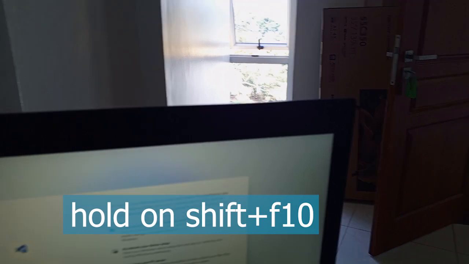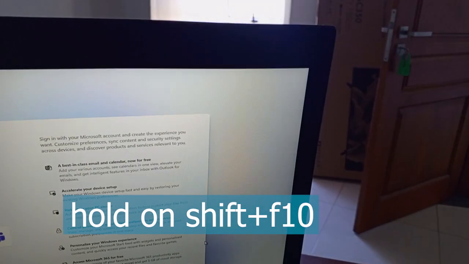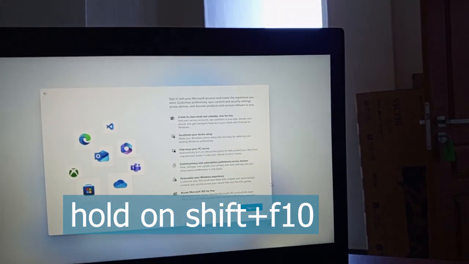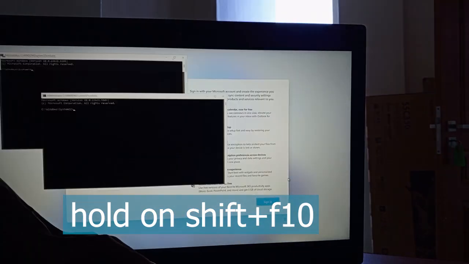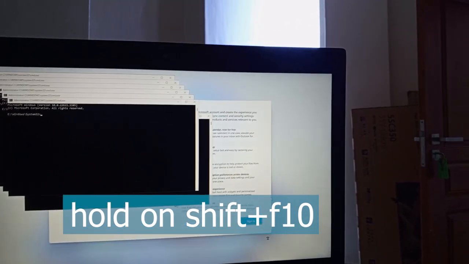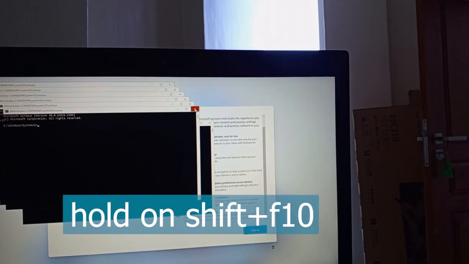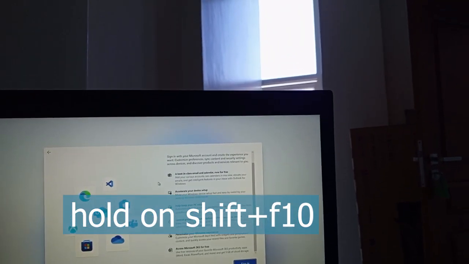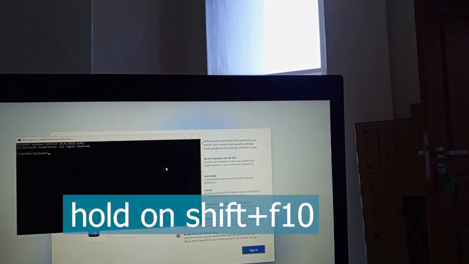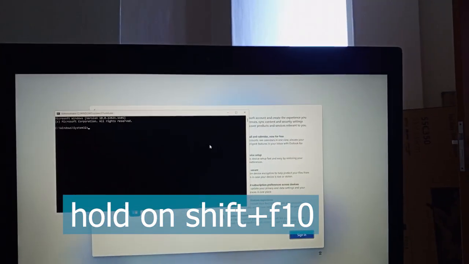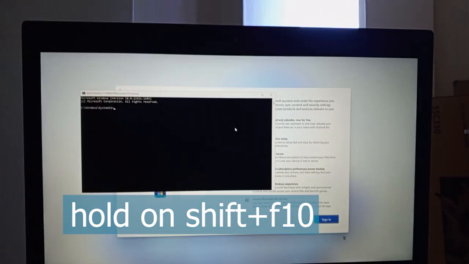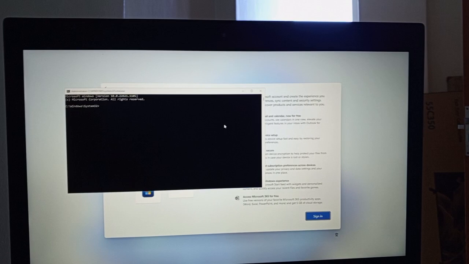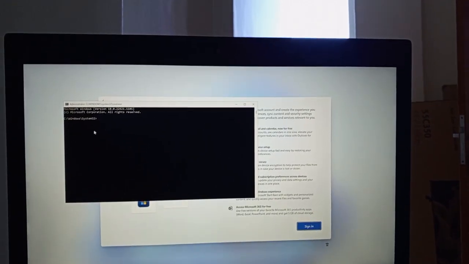So from this window, we are going to hold Shift plus F10, and it will open the command prompt for you. For some computers, it is Shift plus the function key plus F10. So once you have opened your command prompt, here you are going to type